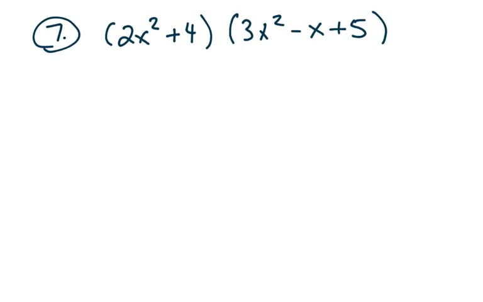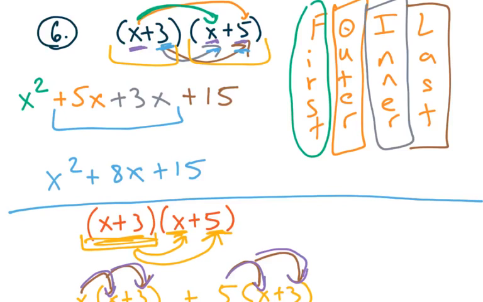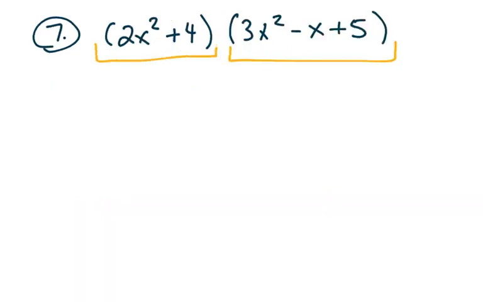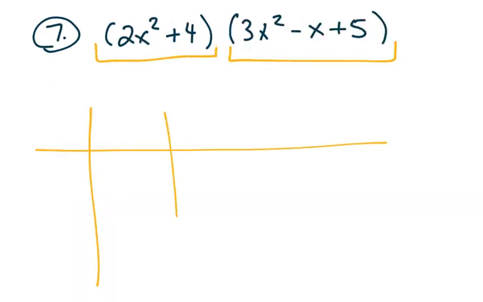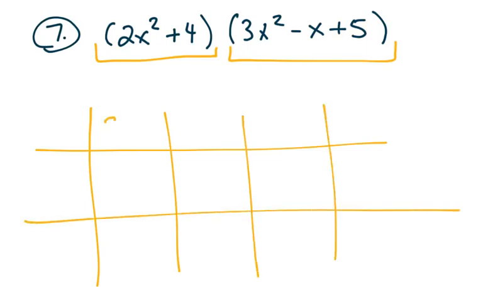However, in the next one, number 7, notice that we are multiplying a binomial by a trinomial, as opposed to here where we have binomials and binomials. My advice to you is whenever you see this, the tic-tac-toe method, the box method, tends to be a little bit easier to use. So I'm going to put the trinomial on top, 3x squared minus x plus 5. Pay very close attention to your signs. 2x squared plus 4 is going to go below, and we're just going to work through and multiply